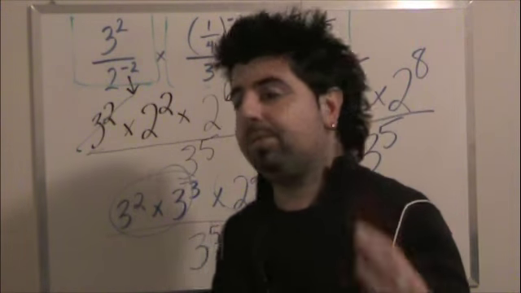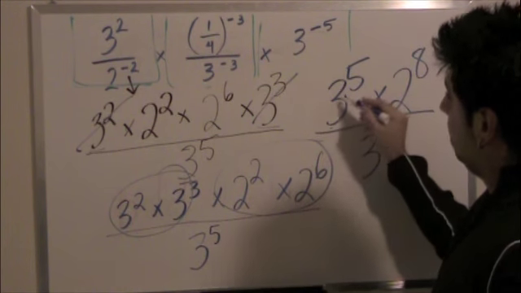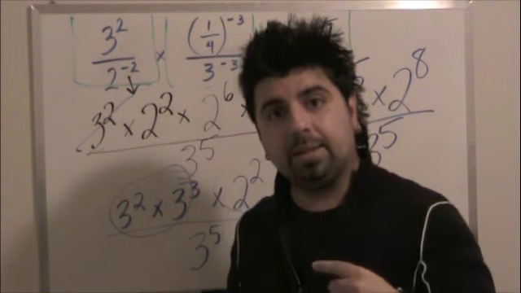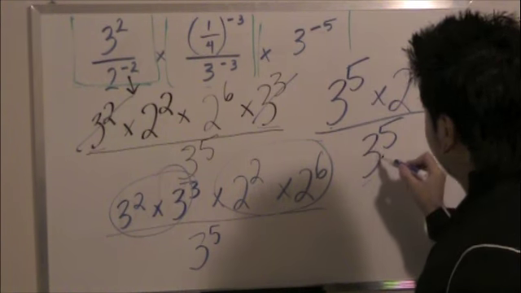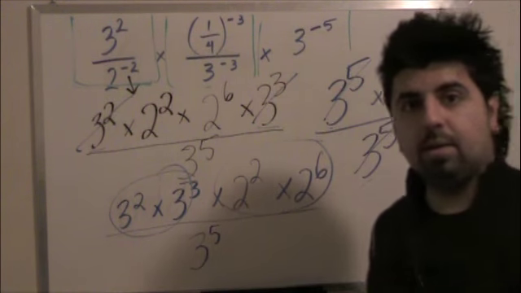Now, whenever we have same powers, same base, 3 and 3, but we're dividing here, so when we're dividing, we are subtracting. So 3 to the power of 5 divided by 3 to the power of 5 actually divides out to 1. And then that